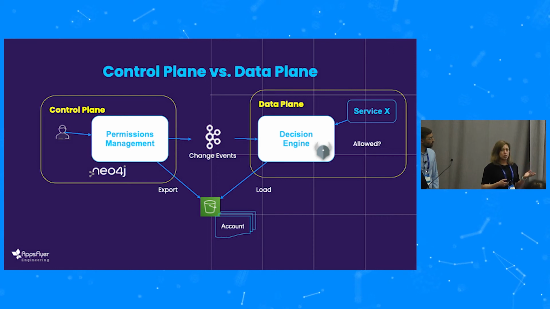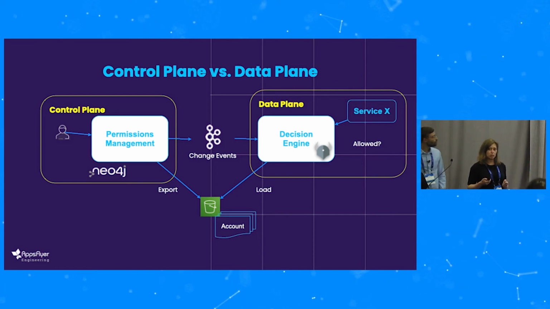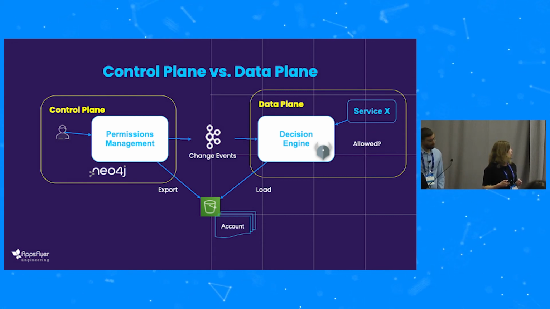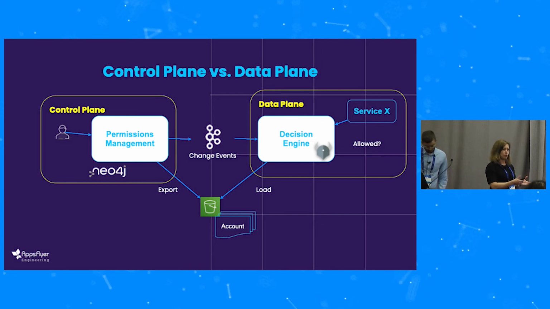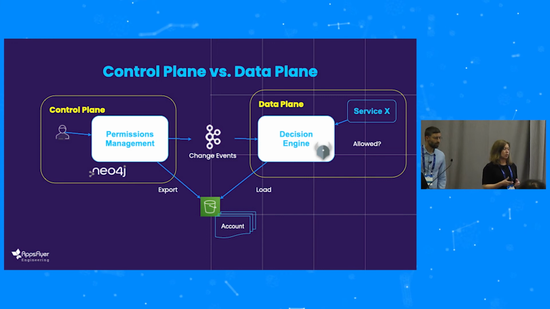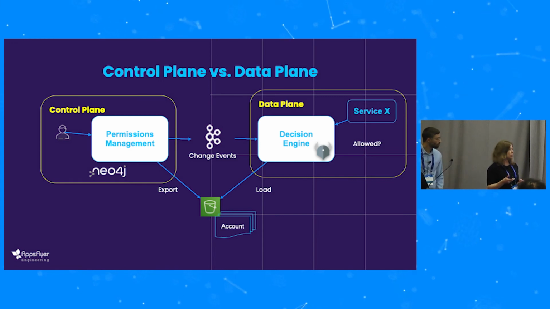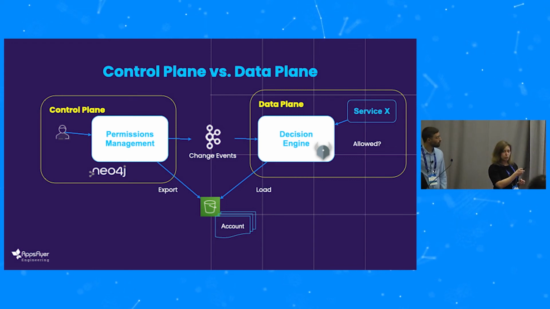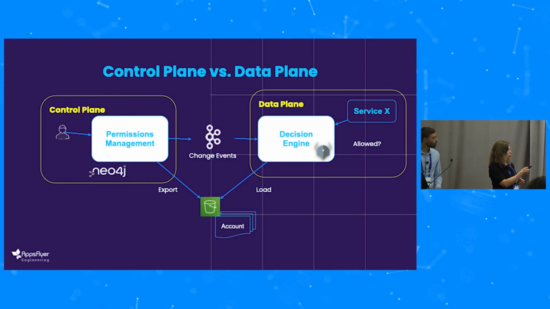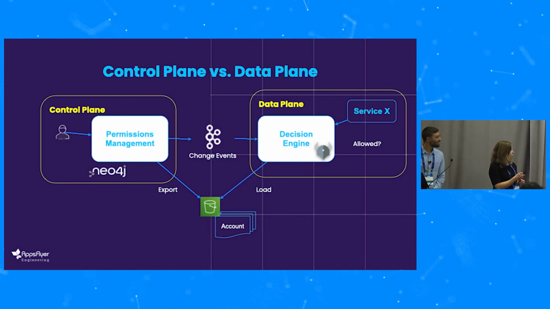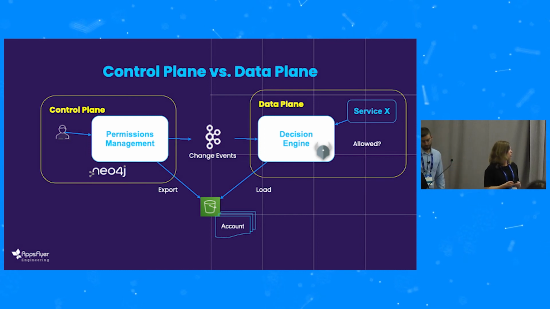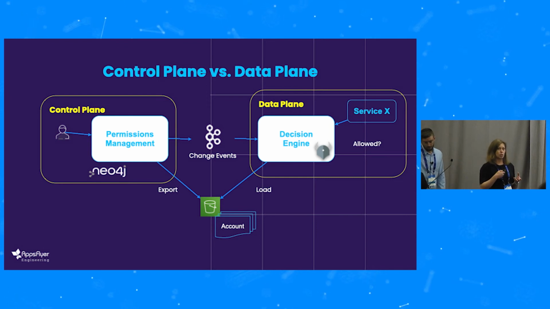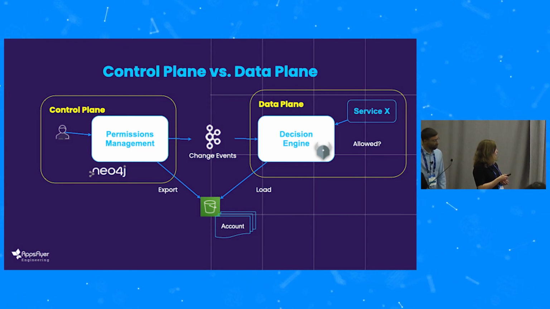Now, when a user, let's say an administrator, goes to permission management and modifies the configuration, the permissions, first we update the graph in Neo4j. Then we export the up-to-date permissions to S3 and fire a change event. The decision engine, which is a cluster for scalability, has each of its instances get the change event and reload the up-to-date permissions configuration. So once the permissions are changed, the change propagates to the decision engine really quickly.